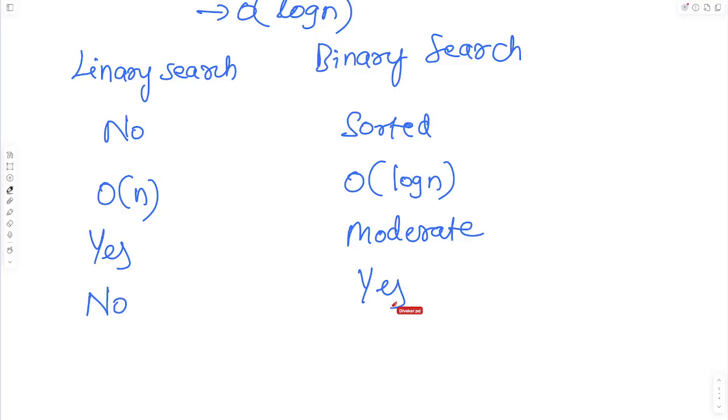Okay, so let's conclude today's lecture. Today we learned two important search algorithms. Linear search, which is simple and works on any array. Binary search, which is much faster but requires the array to be sorted. Understanding binary search is extremely important because it appears in coding interviews at companies like Google, Amazon, Microsoft, Flipkart, and